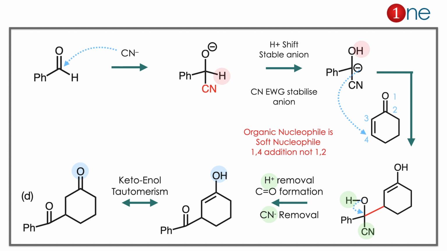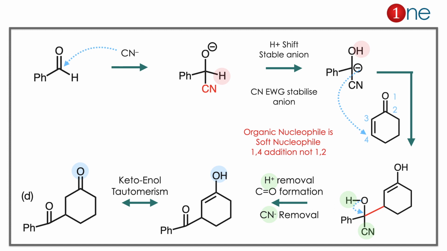The organic anion is a very soft one. It always involves 1,4 addition to the conjugated ketone. It's a kind of Michael addition there. It's a very important point because the carbonyl is added to the 4th position there. So the carbonyl added, the double bond switched, you have the enol and new carbon-carbon bond formation. Then cyanide is a very good leaving group, so H plus leaves and the ketone is formed there. So the double bond is there, alcohol is there. So you might think of keto-enol tautomerism. You have the final product as a diketone. So the product is clearly D there.